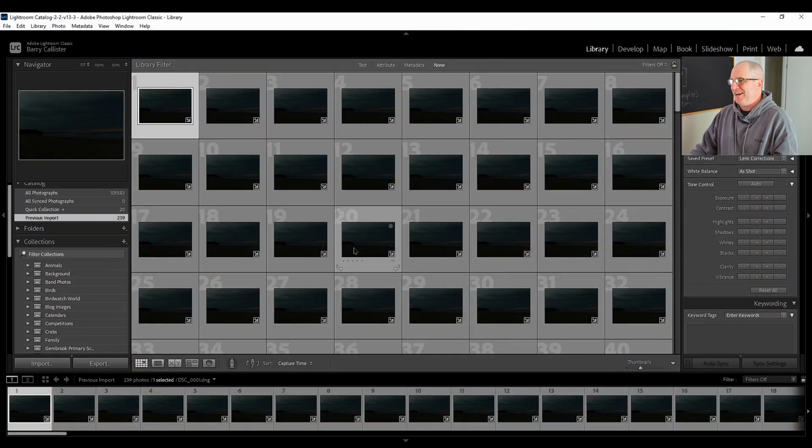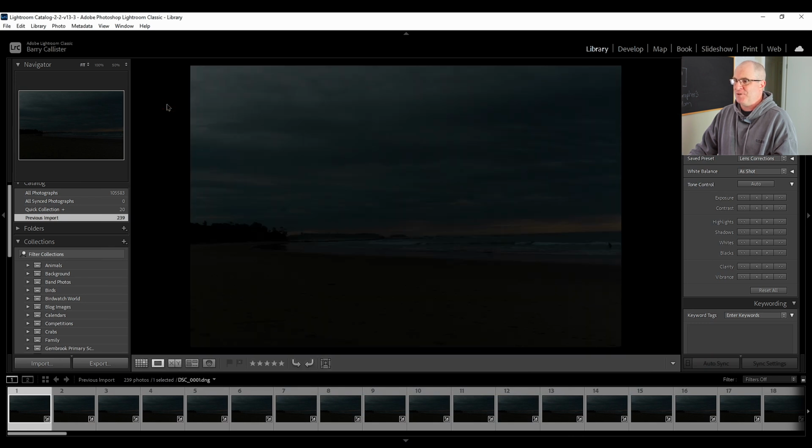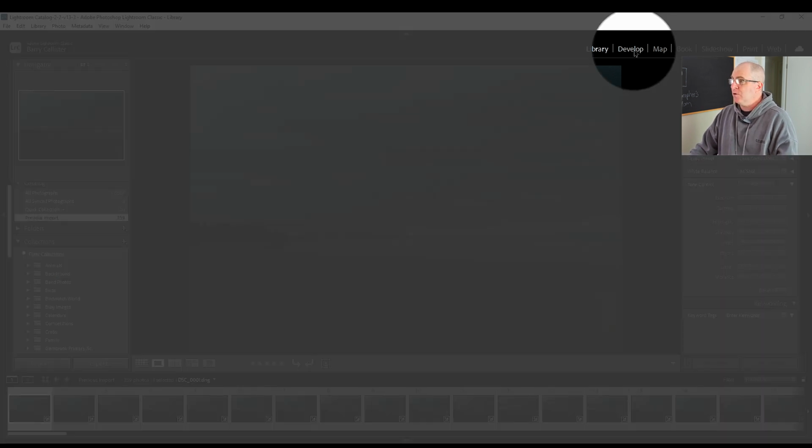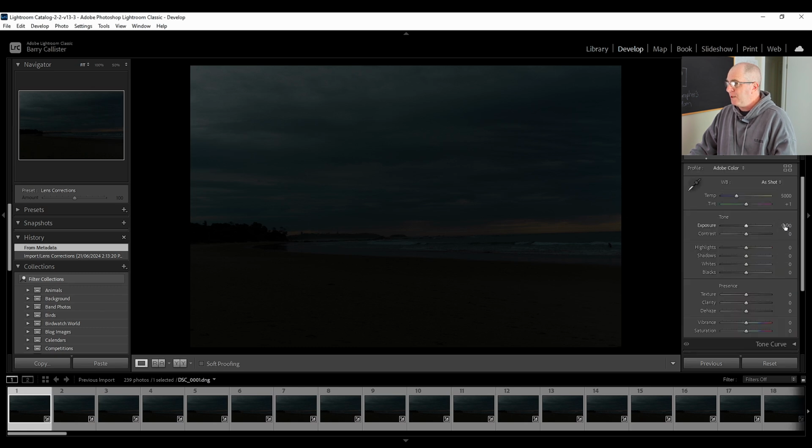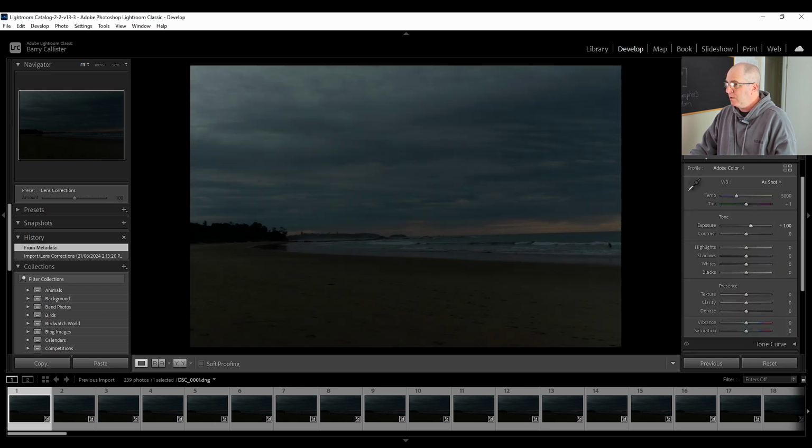Okay, that took a while. I'm a little bit older, but it's all good. So as I said, these are a little bit underexposed. So what I'm going to do is edit the first one, and then I'm going to sync all the settings across the whole 239 photos I have now because I had to delete that one where I was standing in front of the camera.